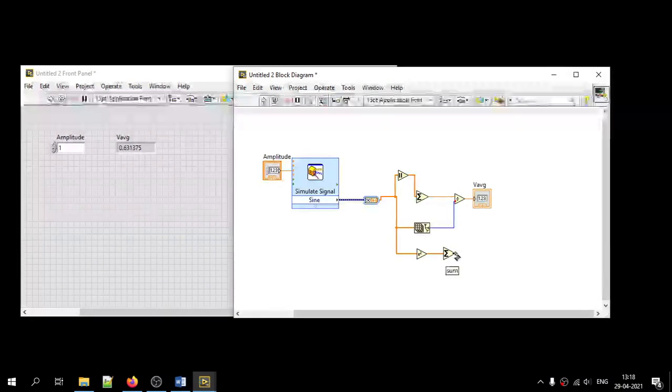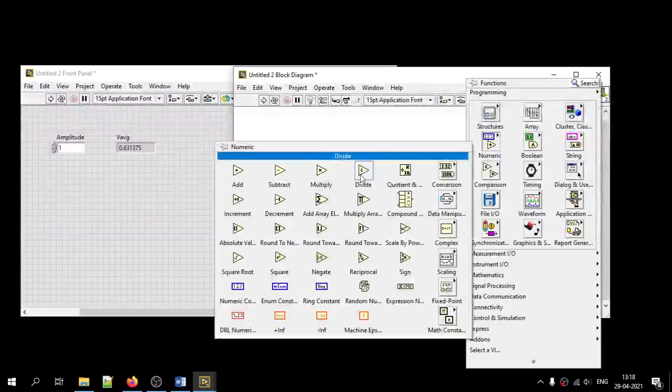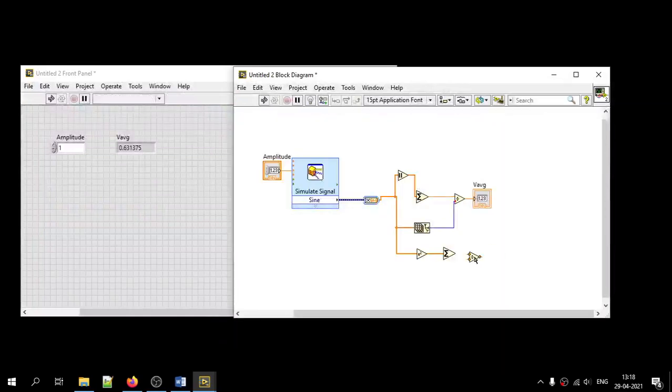In the next step, we divide it by the number of elements in the array, which we have already calculated here. This value we need to take the square root of.